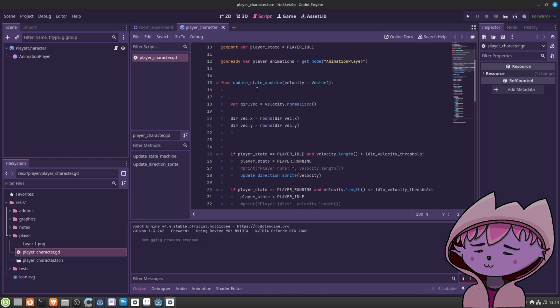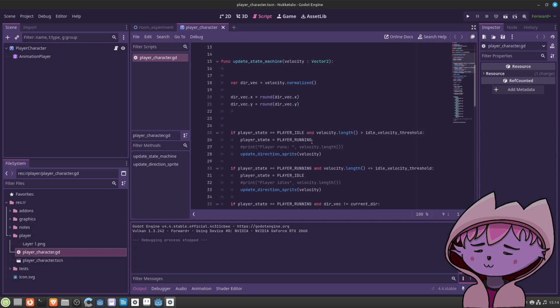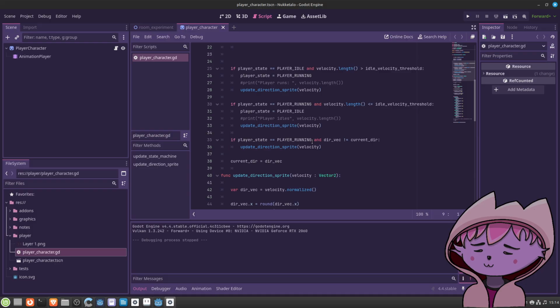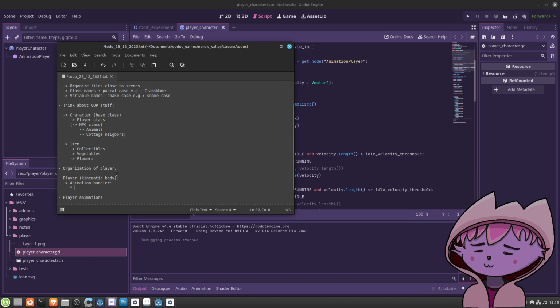Well, similar functions and machinery like from this player character. Or maybe velocity vector.